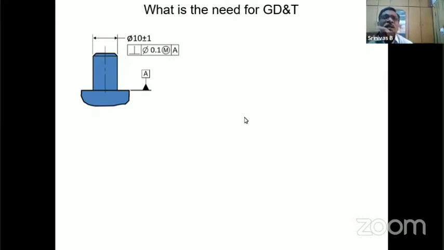I think I would continue. So here there is a pin. It is controlled for geometrical variation. It is controlled for size also. As per our discussions, we had a discussion on MMC. MMC of the pin is what? 11 mm as per the definition. It means when the pin is at 11 mm, you have maximum material, right?